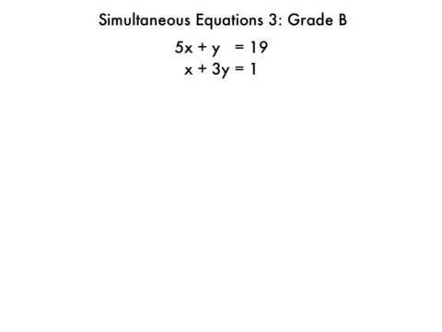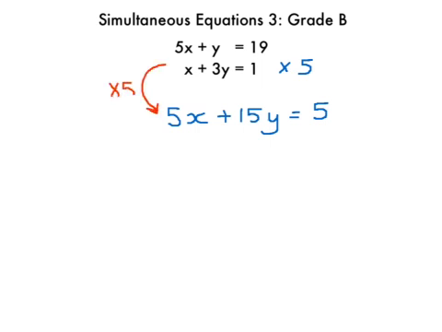So, if I multiply this whole equation by 5, I'm going to get 5x plus 15y equals 5. So I've rewritten this equation here and multiplied it all by 5. Now, once we've done that, you can clearly see that if I put this one over here, without doing anything to it,